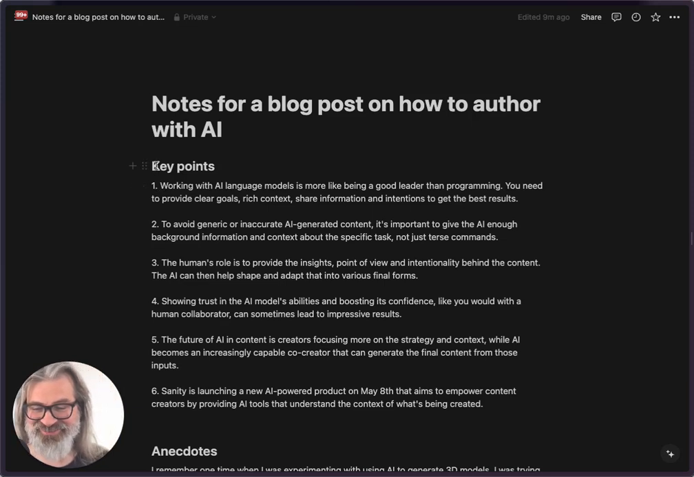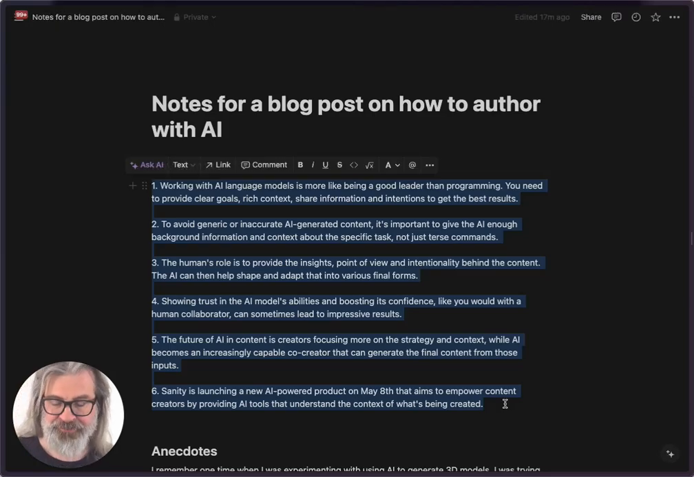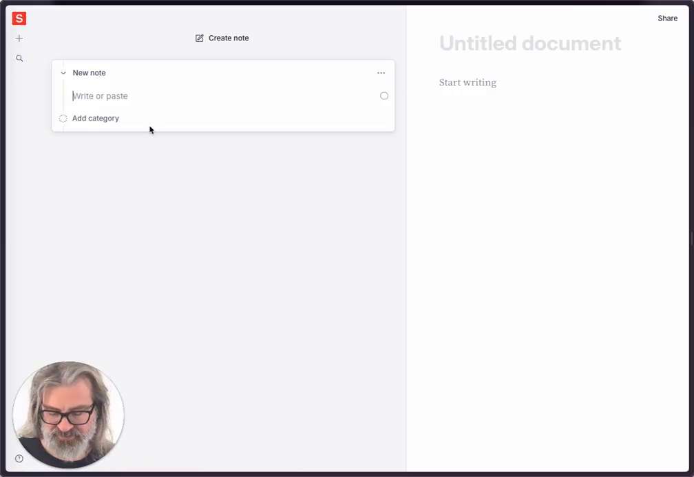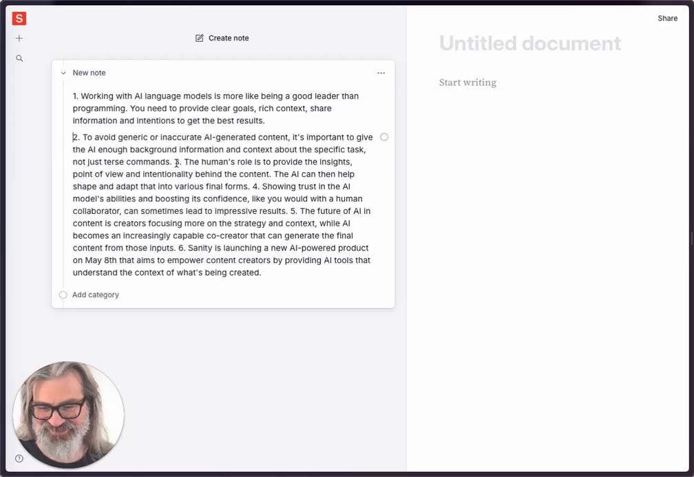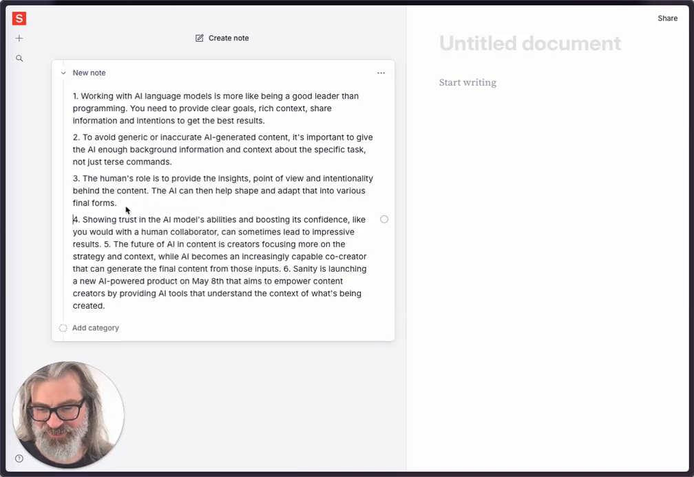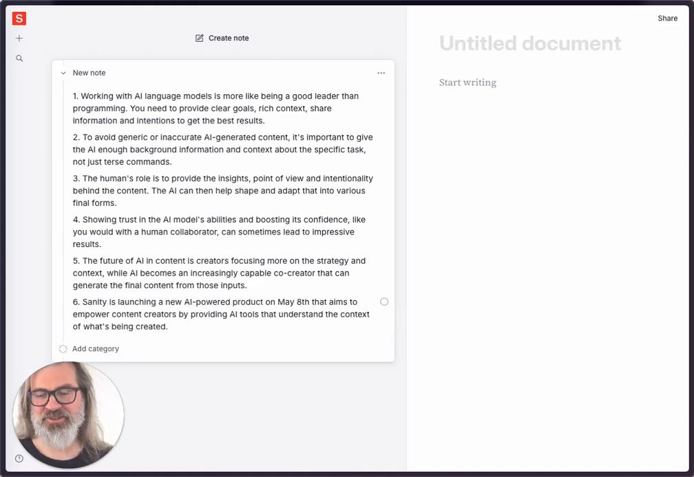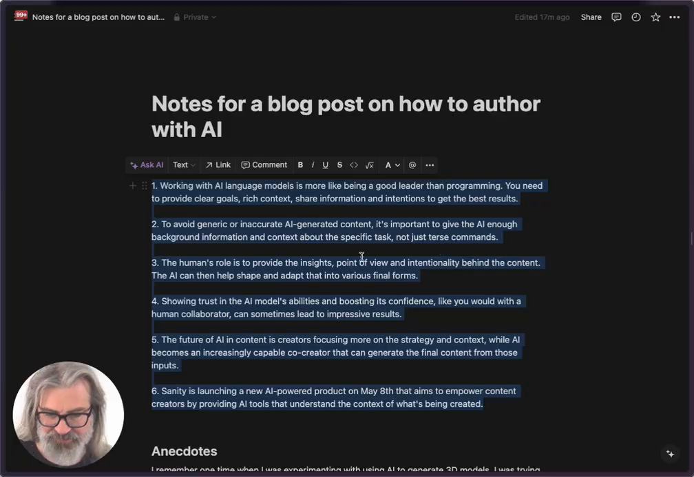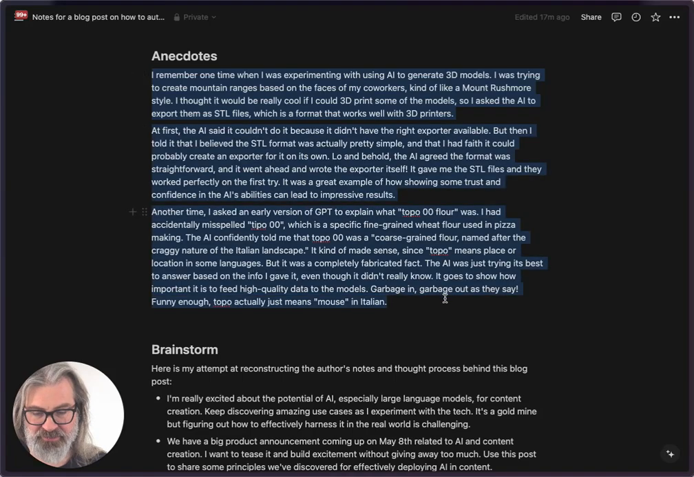So I'd say, oh yeah, these are my key points. Let me just copy this and paste it. Oh, and the formatting is broken because this is early access, and this will hopefully be fixed by the time you get to do this. Numbered lists are not formatted correctly. Okay, anyway, so these are my key points. I'll bring in my anecdotes, copy,